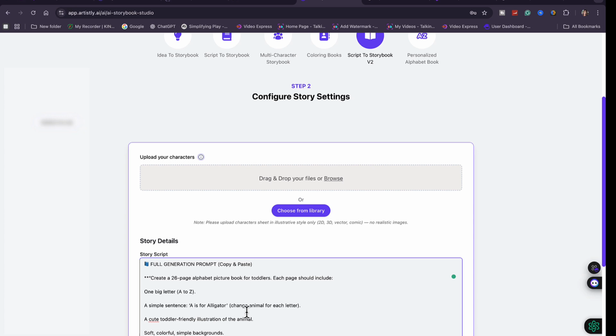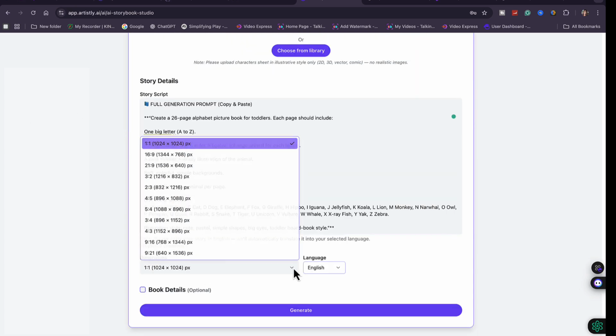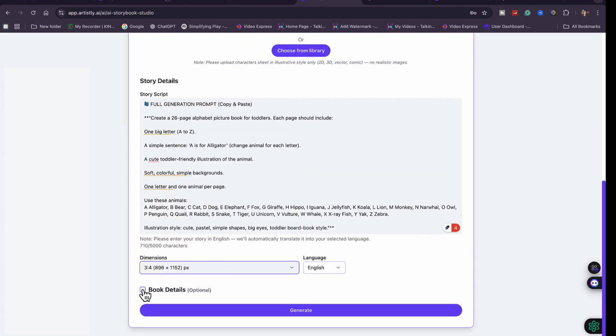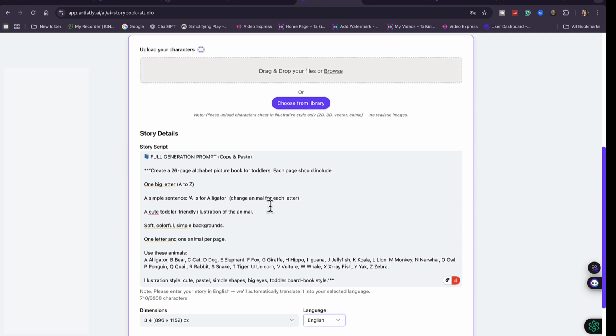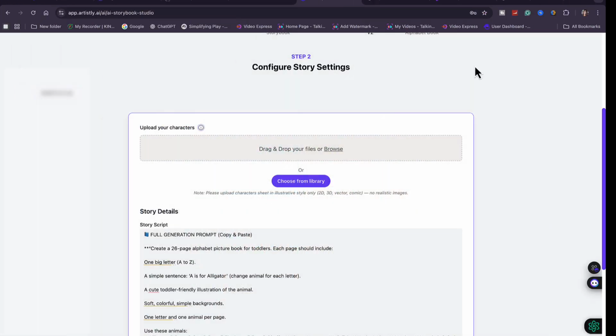And then you put the dimension here, 3 by 4, and then the book title is the animals alphabet, and then the author name. So just fill up all of this, guys. As you see, choose from the library. Since I don't have any animals that I want to choose from the library,